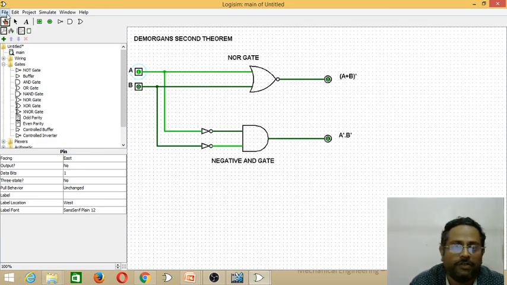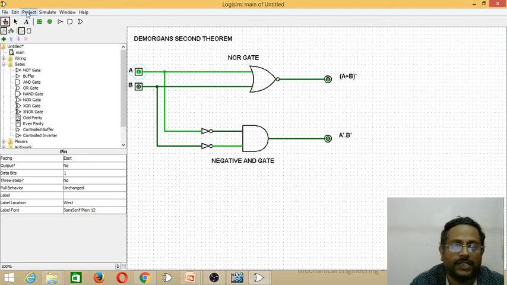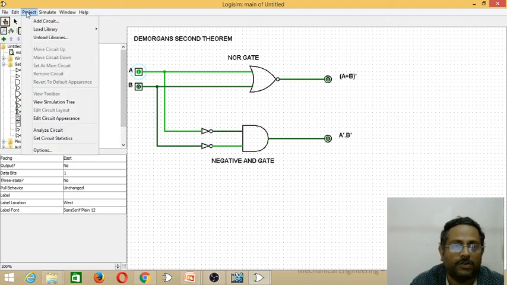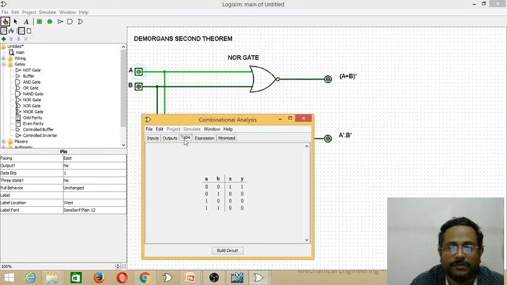After proving, we can analyze the circuit by verifying the truth table. For that, we have to go to Project, Analyze Circuit, OK. Check the truth table. X represents LHS, Y represents RHS, A and B represent inputs. So you observe here, for different combinations of inputs, the output at LHS is equal to RHS.